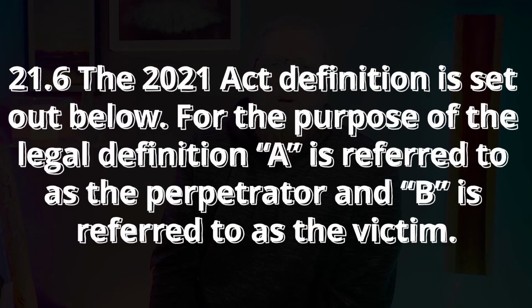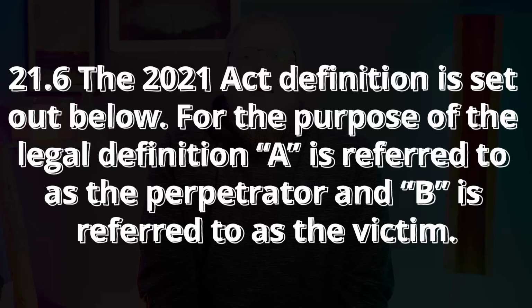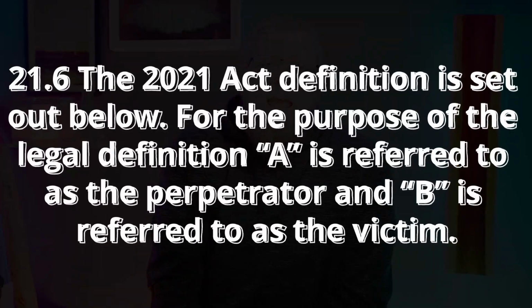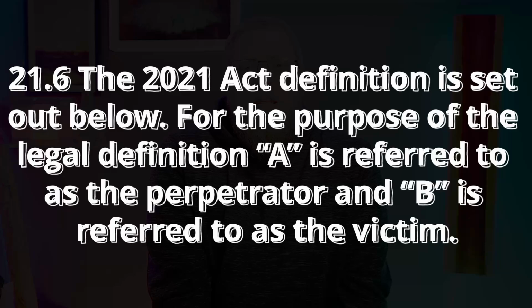If we first turn to the Homelessness Code of Guidance, chapter 21 is all about domestic abuse, and early on in that chapter, from 21.6 onwards, it talks about the actual definition of domestic abuse. So I think it's worth drawing a couple of things out from this. I'll bring it up on the screen because it's worth reading the wording here. 21.6 says that the 2021 Act definition is set out below. For the purpose of the legal definition, A is referred to as the perpetrator and B is referred to as